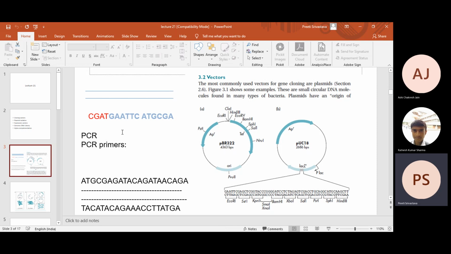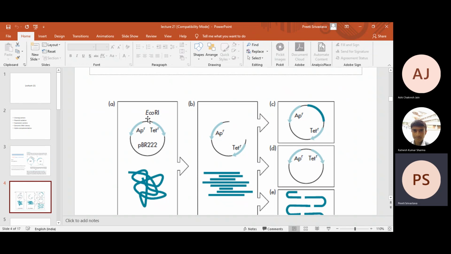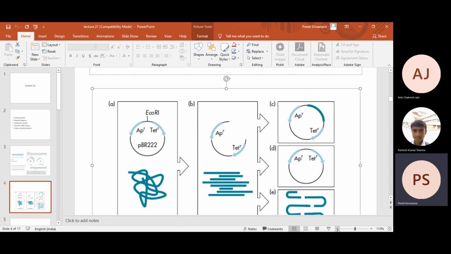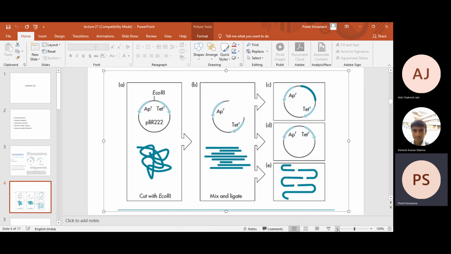we discussed that the PCR product is also digested with EcoRI, then what are the possibilities? You remember that? And then we discussed that, for example, this is the plasmid pBR322, this is the EcoRI site, and let us say this is the genomic DNA. We have digested the genomic DNA also with EcoRI and plasmid pBR322 also with EcoRI. So once we join them with the help of an enzyme called T4 DNA ligase, we do not use E. coli ligase, if you remember, because it is not that efficient.